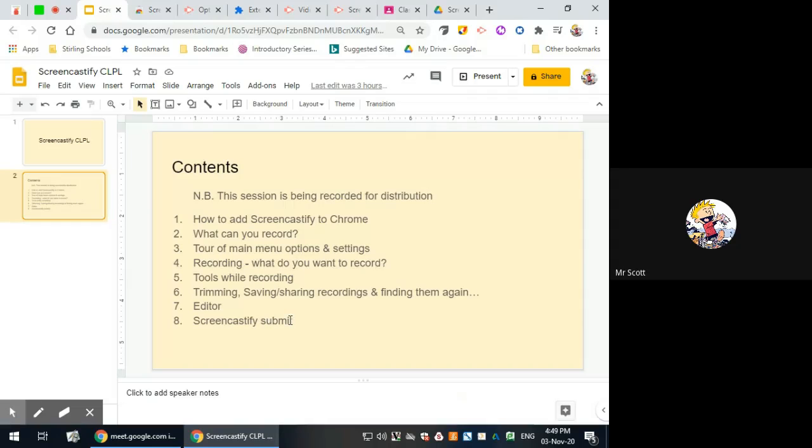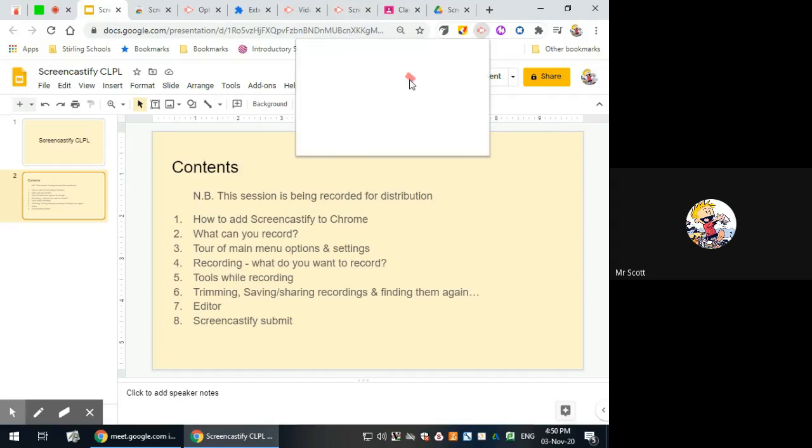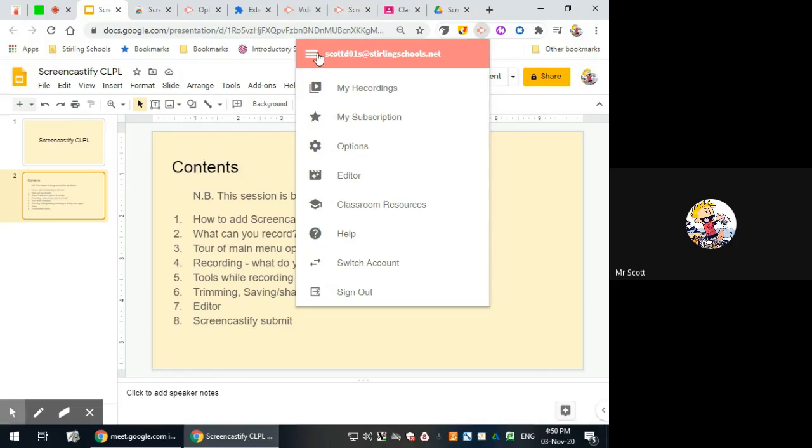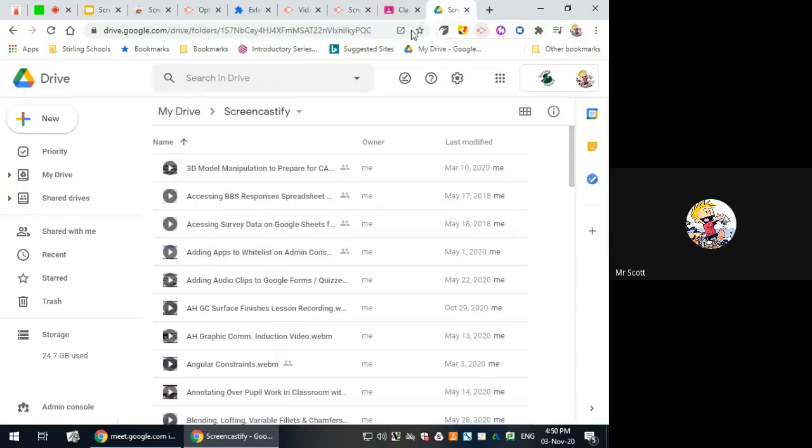The last thing I was going to cover was just a brief run through Screencastify Submit, which is an aspect of Screencastify that I don't think we have the full license for, but you can still use. And it is not readily found just in this wee menu. You have to do a wee bit of hunting around to actually find Screencastify Submit. The easiest way I've found of actually finding it, to be honest, is simply just to search